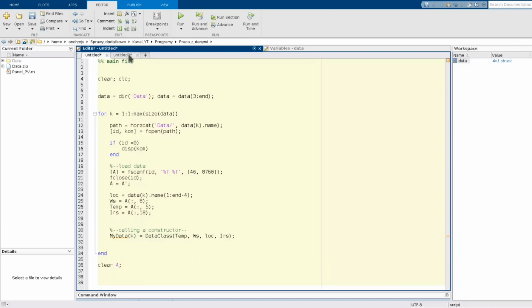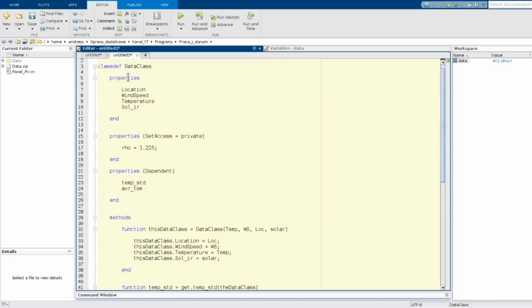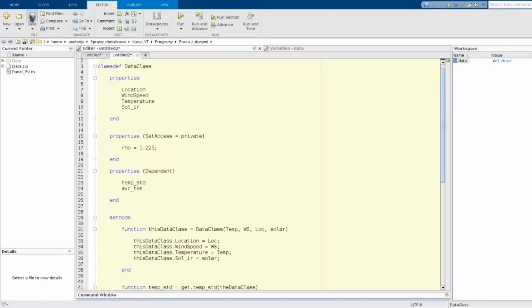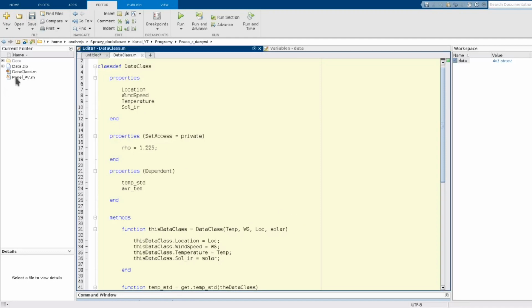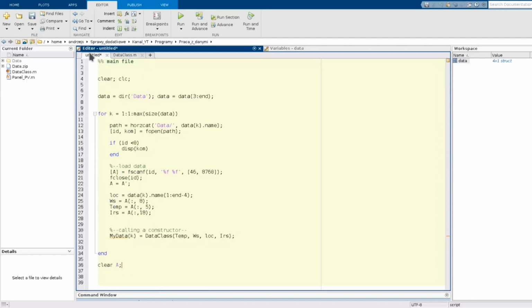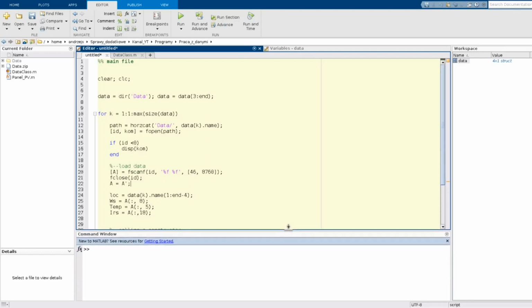Okay, so let's go to this file and save it. Okay, I save it. You can see it here. It's saved as data class. Okay, and then I can just start it.